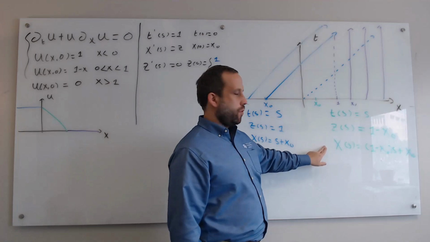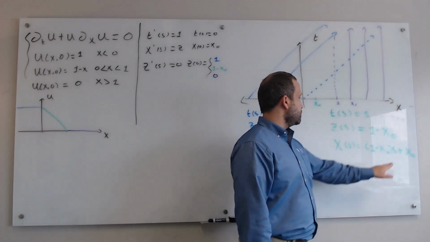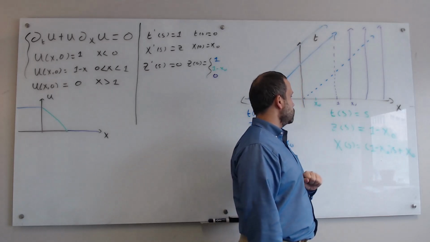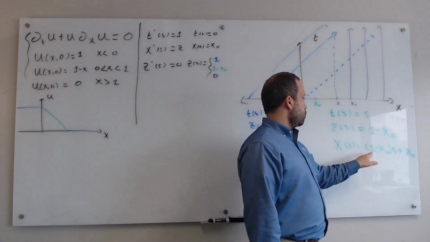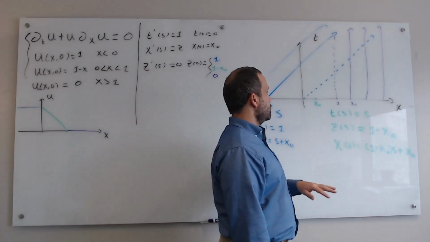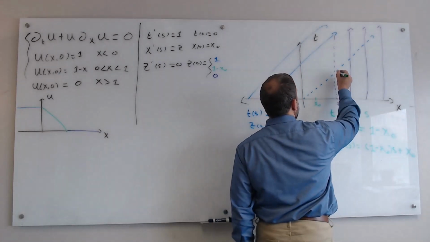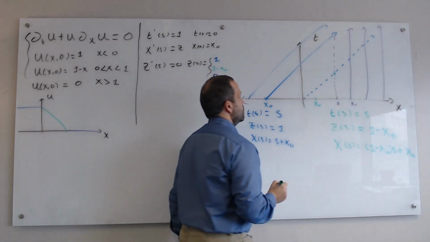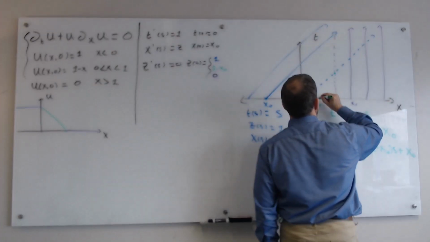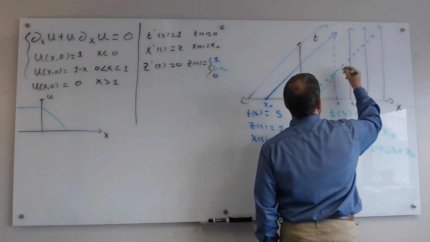But the other thing that I want to point out is that if you plug in S is equal to 1, that is T is equal to 1, since T is equal to S, you just get 1 minus X naught plus X naught, which is 1. So if T is equal to 1, X is equal to 1. In other words, all of these characteristics intersect right here, like that. Okay, so let me draw a couple of them like this. And then they,